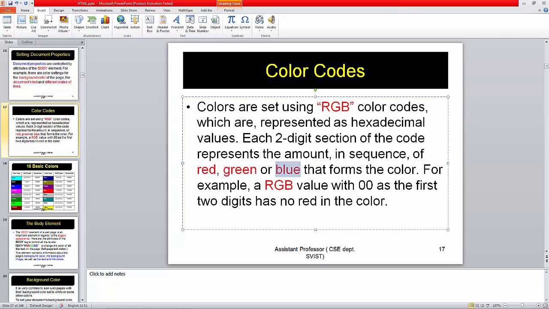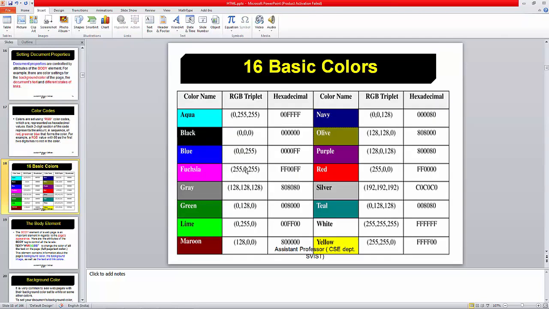The value is mainly given with the help of hexadecimal digits, so it starts from 0 and ends at F. Here we can see, for black color, all the digits are 0000. And when we are thinking of white color, since the maximum number in hexadecimal, everyone knows, is F, which is 15, all of these are F, F, F, F, F, and F.